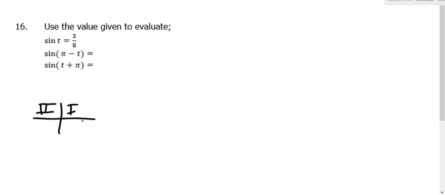Which means that the angle T is somewhere between 0 and pi radians. T is less than pi, but it's more than 0. So trying to figure out what quadrant pi minus t is going to be in, so we know if it's going to be a positive 3/8 or negative 3/8, we just need to make this 0 is less than t is less than pi look like pi minus t